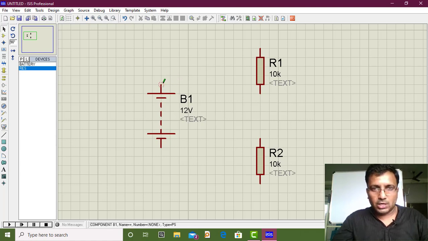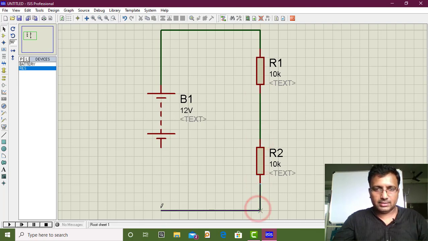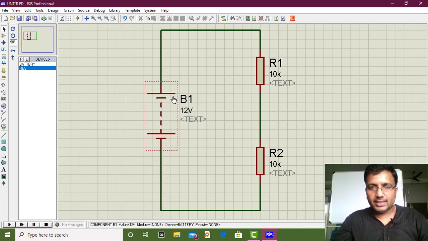Come here. Once you move your pointer towards the positive terminal of the battery, your pointer will convert into a pen. Okay, so look at this. Then I can click there, go up. If I want to turn here, I need to single click there. Again, turn it, click single, turn it like this. Okay, so I'm going to connect the circuit like this, like this, like this. So the circuit has been done. So the circuit connection is ready now.